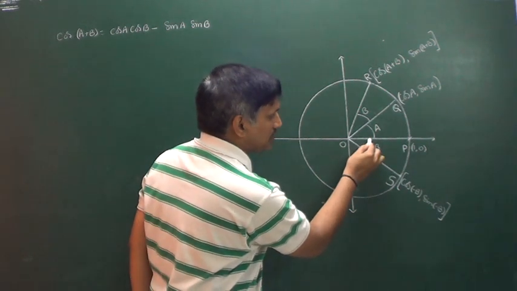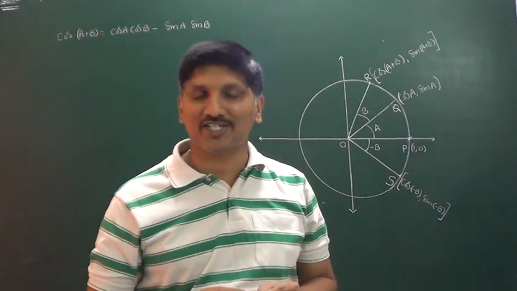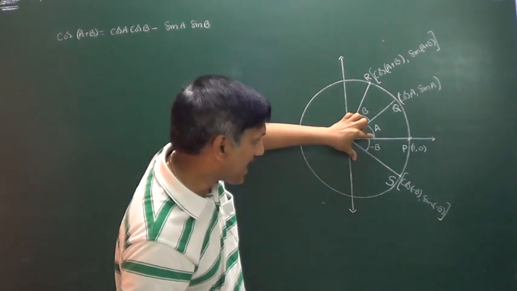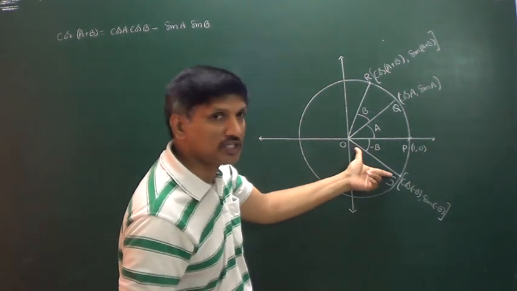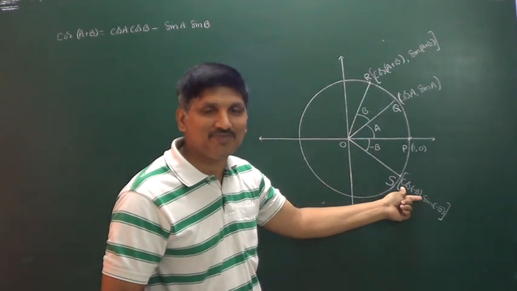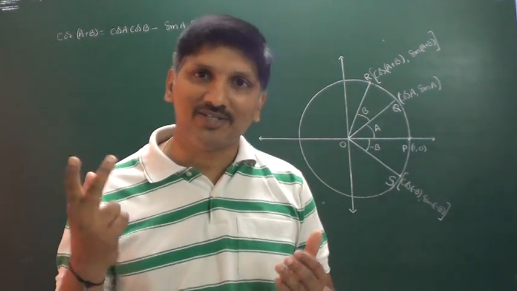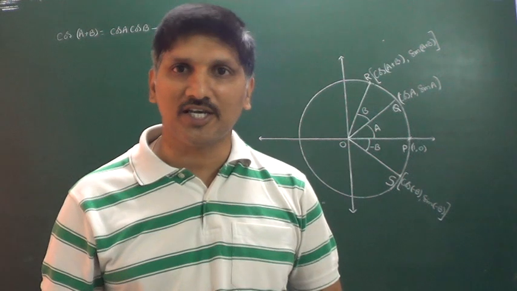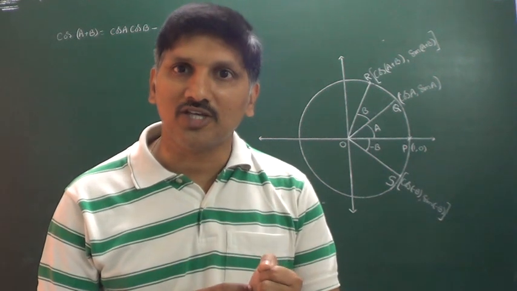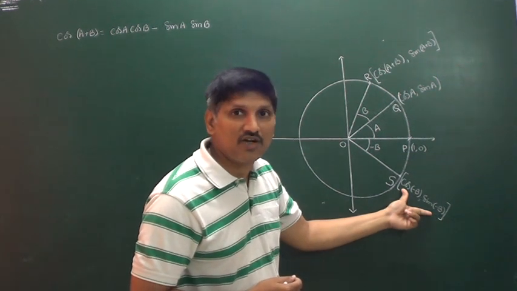Observe here what happens. I am measuring the angle in the clockwise direction. Whenever we measure the angle in the clockwise direction, we have to take minus b. So now this angle is equal to minus b, and this is the radius of 1 unit only. That's why this particular point is (1 cos of minus b, 1 sin of minus b). What is the cos of minus theta? As we discussed in the last class, cos of minus theta is equal to cos theta. At the same time, sin of minus theta is equal to minus sin theta. So that's why the point is (cos b, minus sin b).